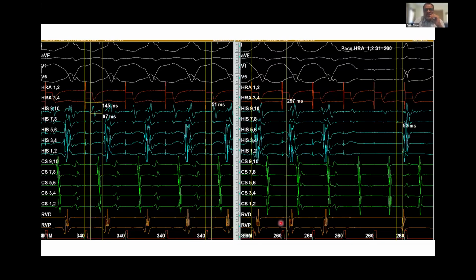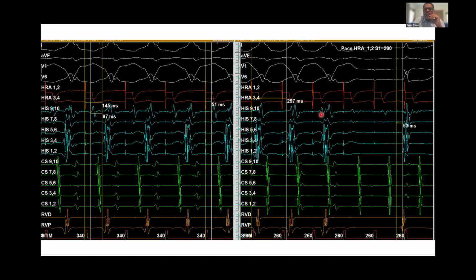When we decrement the atrial pacing interval from 340 progressively down to 260, we find that the AV interval has increased, but we are still seeing a wide QRS beat, and we are still finding that it is able to conduct from the atrium into the ventricle